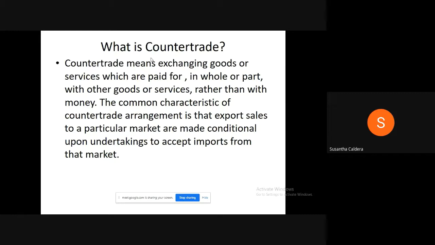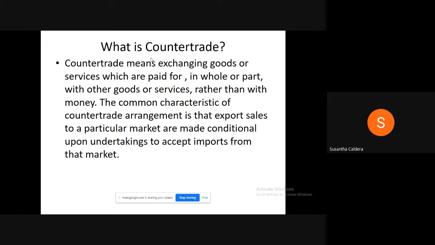That is counter trade. In our countries, we don't have counter trade much here, but I don't know this in our syllabus. They have put this one. I can't understand the rationale, but this is not in use in Sri Lanka very much. We don't exchange goods for goods. It's always for money, right?